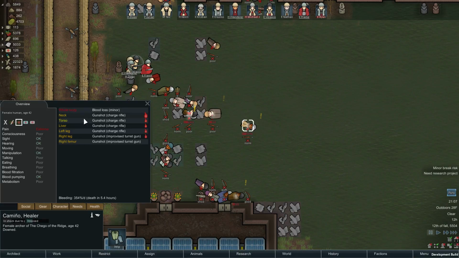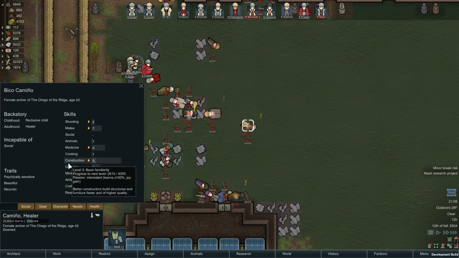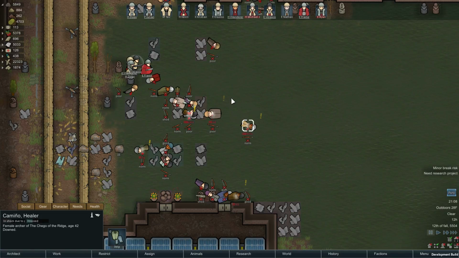Camino's got blood loss and some other stuff, but nothing too serious. Oh boy, all sorts of unhappiness going on here. Lost a lot of friends and family. Also neurotic, psychically sensitive, and not a good cook, which is what I need, is a good cook. So I'm not going to bother